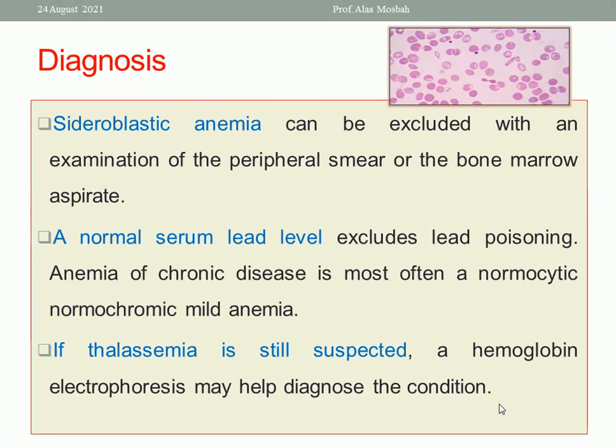Sideroblastic anemia can be excluded with an examination of the peripheral smear or the bone marrow aspirate. A normal serum lead level excludes lead poisoning. Anemia of chronic disease is most often a normocytic normochromic mild anemia, so it is not microcytic. If thalassemia is still suspected, a hemoglobin electrophoresis may help